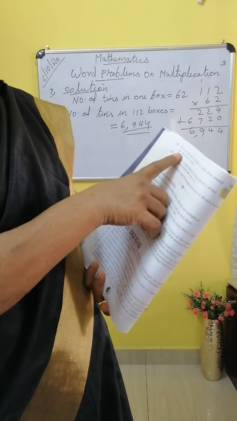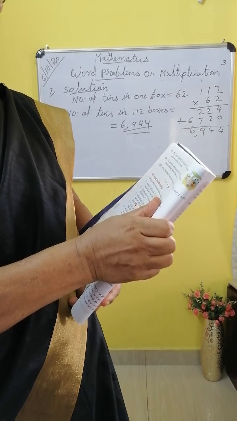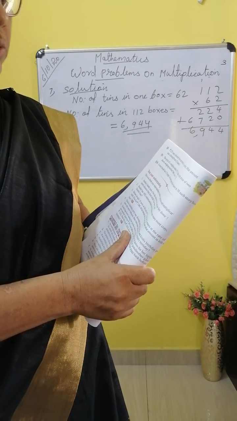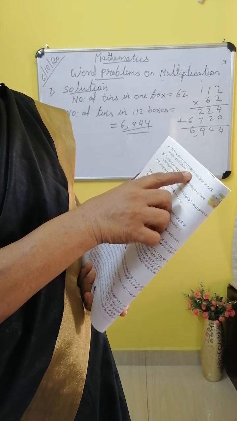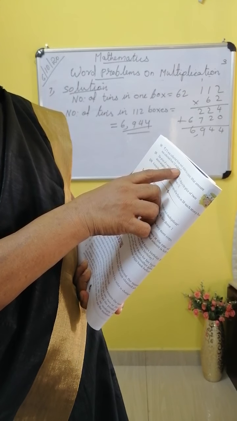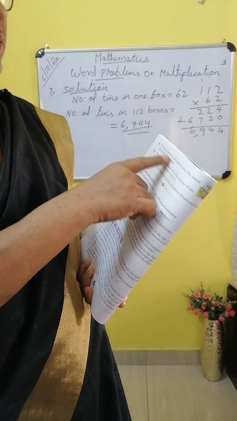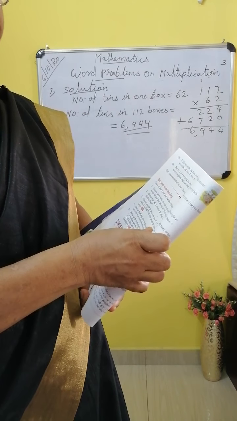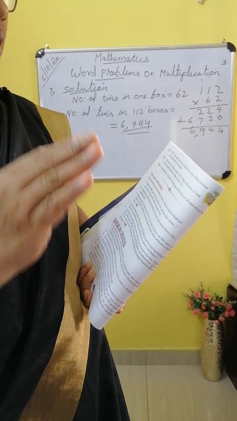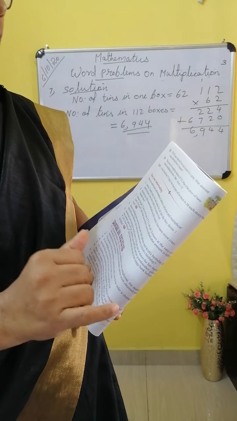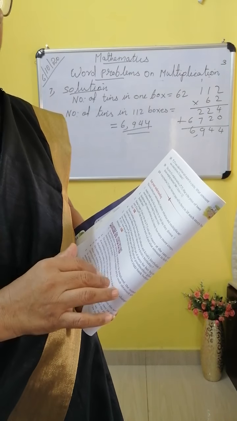Eighth question: rupees 275 was collected from each student for a picnic. What amount was collected from 32 students? You can do it as homework now. Try to do it. From the first sentence, amount collected from one student: rupees 275. Then amount collected from 32 students, you write it. That is, multiply 275 into 32. Then you will get the answer.